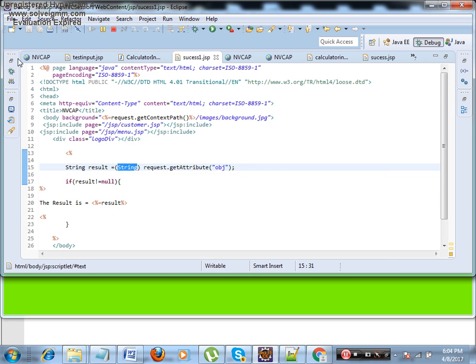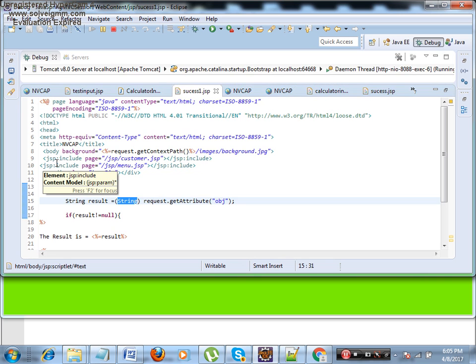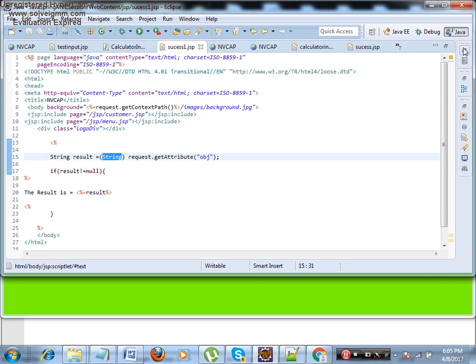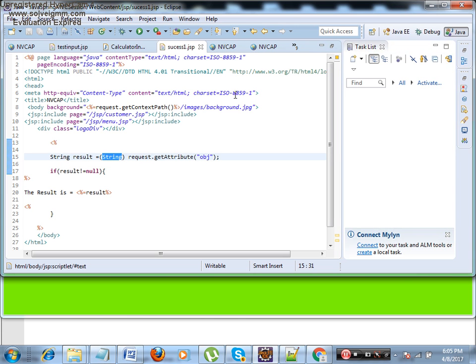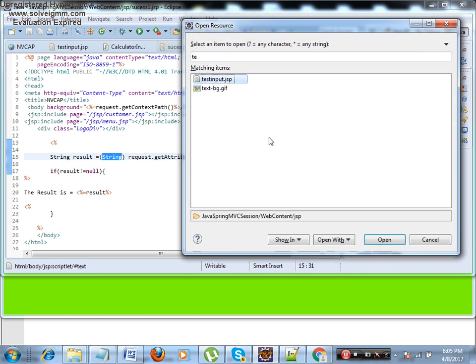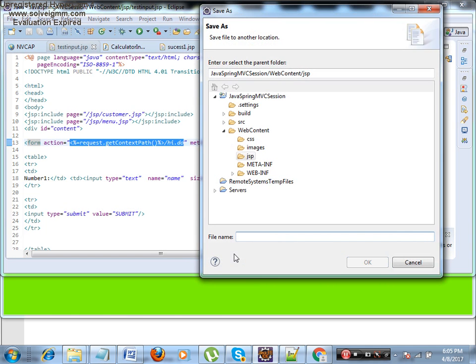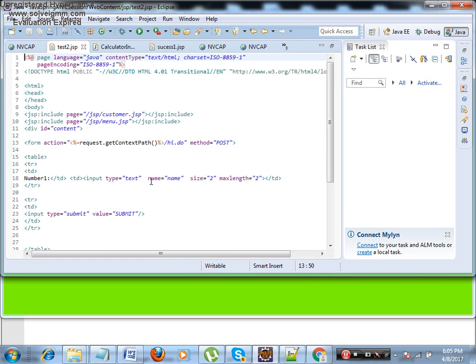Let me do one more example now. In the third example, what I will do is, instead of passing a simple string, I will pass some object, and let us learn how to paint that object on the front end. Okay. Therefore, now I will go. Control Shift R, test input.jsp, the same JSP I will save it as test2.jsp. Now I will create a page